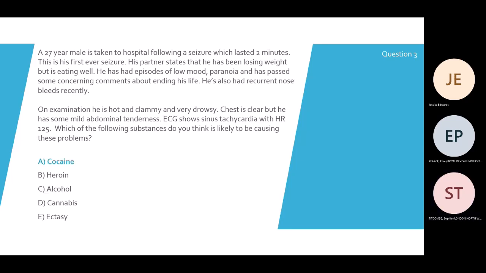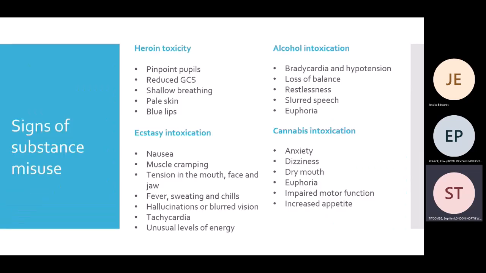Fab. And the correct answer there is A, cocaine. So it's quite useful to just know some of the common signs and symptoms that can be seen regarding different substances when there's been an overdose or misuse, and they can be quite common finals questions actually. So if we think about our heroin toxicity, our key signs and symptoms to look out